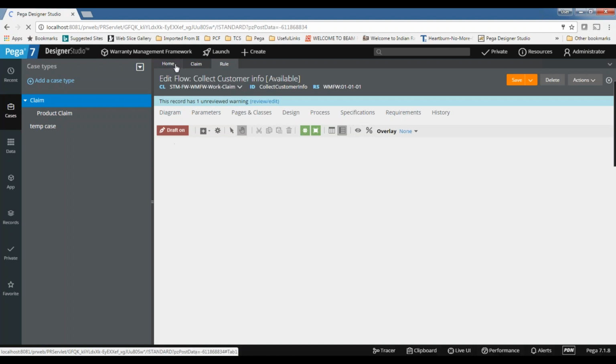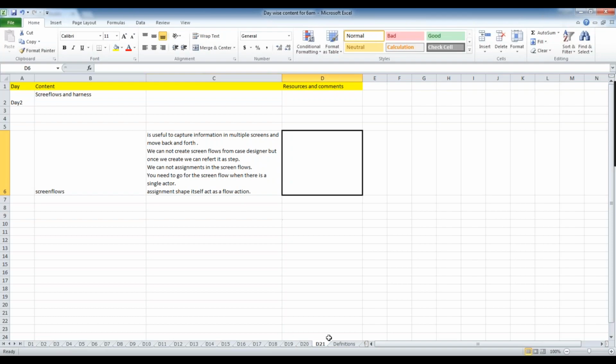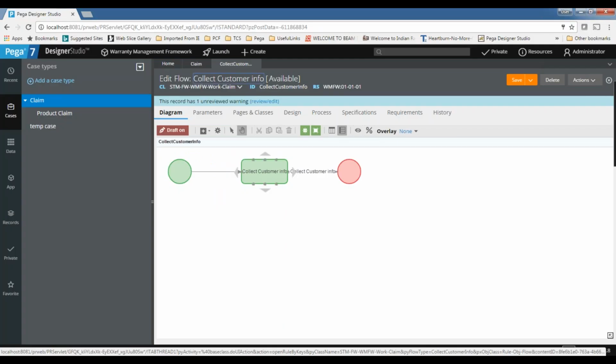It's not a recommended approach. Okay, maybe one more question, Subhash. This is not related to the screen flow context, but regarding the ticket flow. Can we hold the parent case until all subcases are completed, similar to a ticket? Yes, we can use that. We have some out-of-the-box tickets, like AllCoveredResolved. We can use that. Okay, got it.